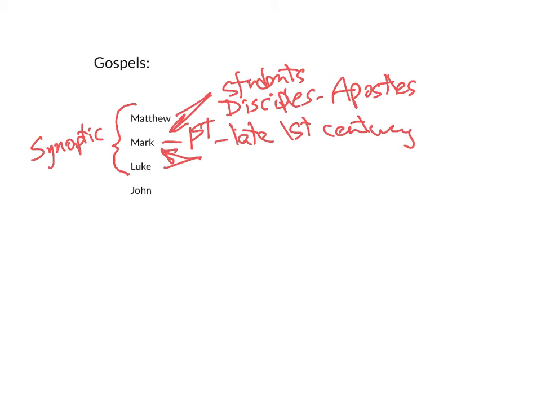Luke now was different. Luke was not an apostle. Luke was, as far as we can tell, a Gentile. That means to say he was not a Jew. He was a physician, probably spoke Greek as his primary language, not Hebrew or Aramaic like the Jews did. We're not exactly sure where he was from, probably what we would call Asia Minor today. Apparently, he was converted by the Apostle Paul and became a Christian, but had come out of a Greek